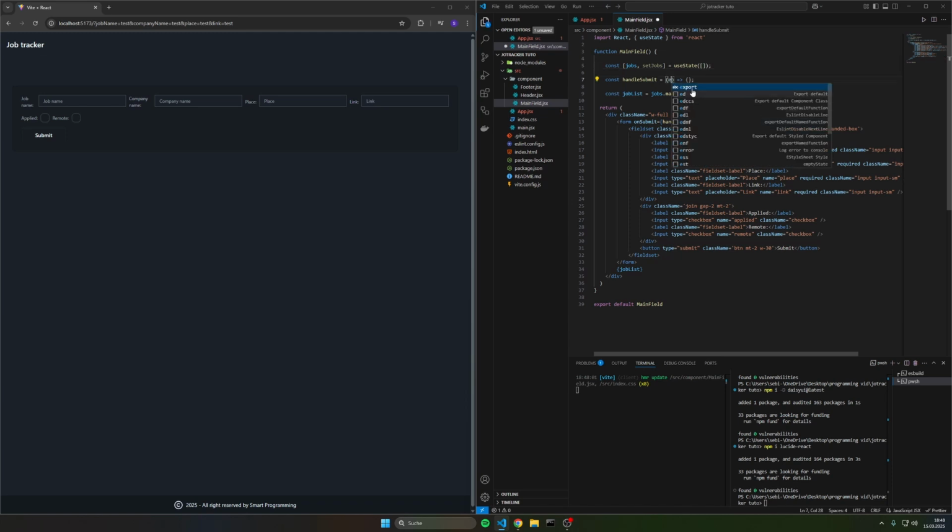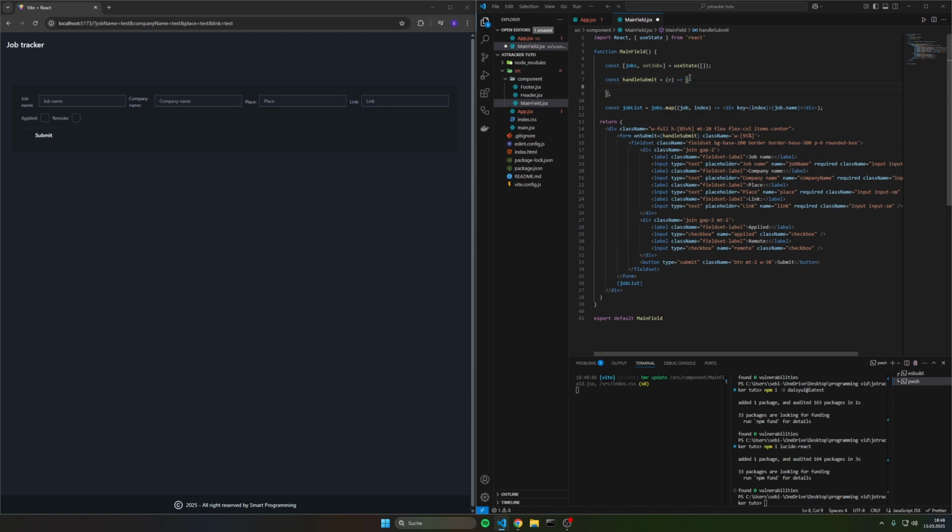First we add an e, so that we pass it over to the function, and you could see if we submit the form with every text thing, it refreshes the page, and we don't want that because then we have to make a lot of re-rendering, and that's bad. So we type e.preventDefault. So if you save that and submit the form again,